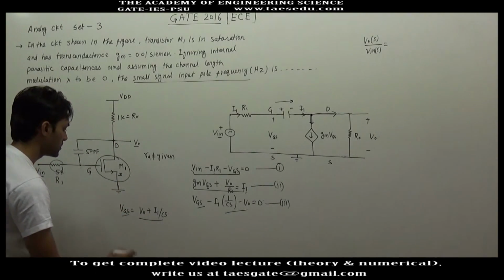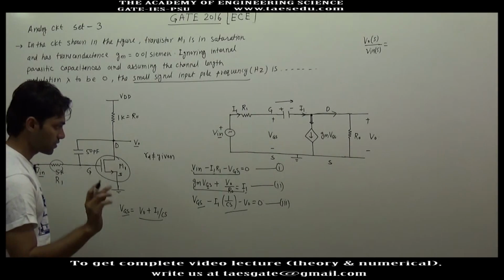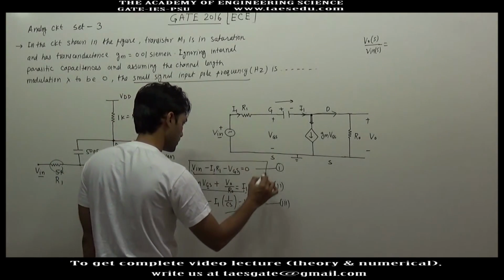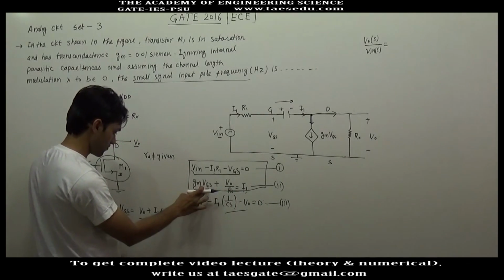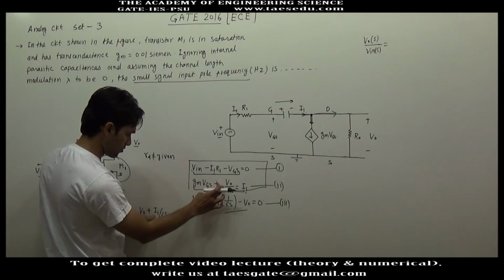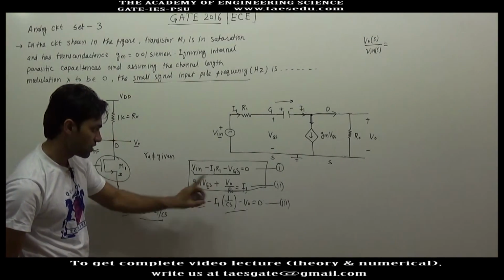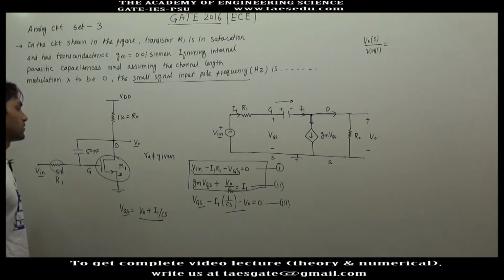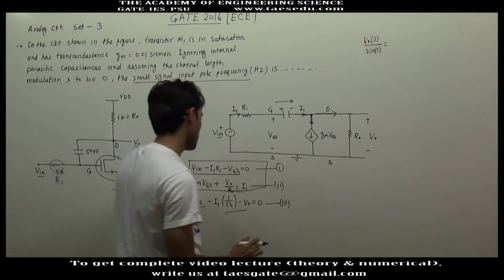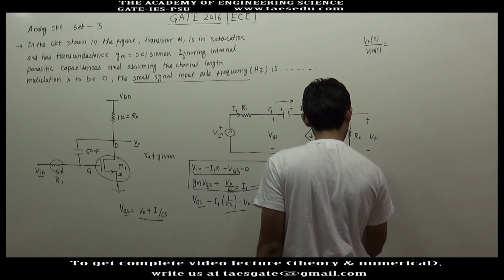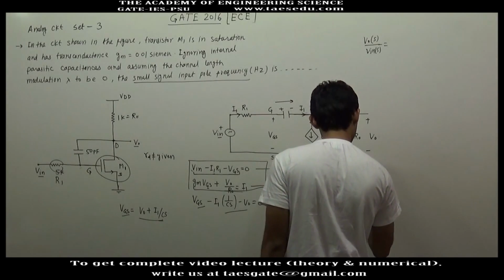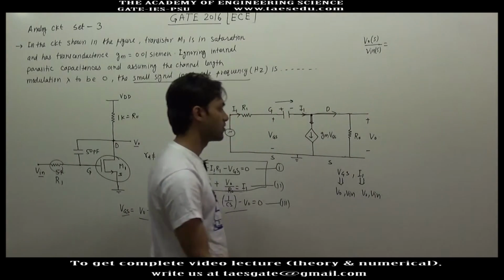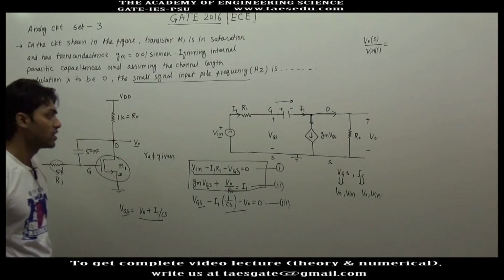The value of VGS we have found out from the third equation in terms of I1. So these two equations can be written in terms of I1. So in this equation you will have I1 and V0 only. So value of I1 can be found out. Anyway, you have three equations. So with the help of these three equations, VGS and I1 can be represented in form of V0 and V input. If you have value of VGS and I1 in terms of V0 and V input, using third equation you can